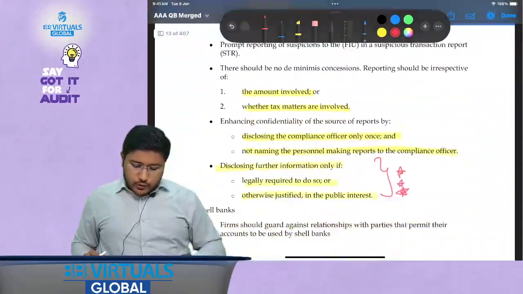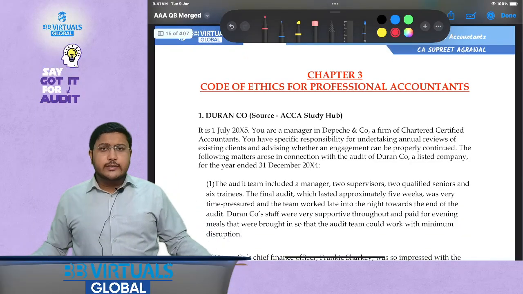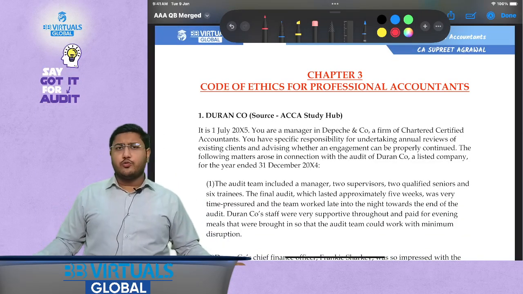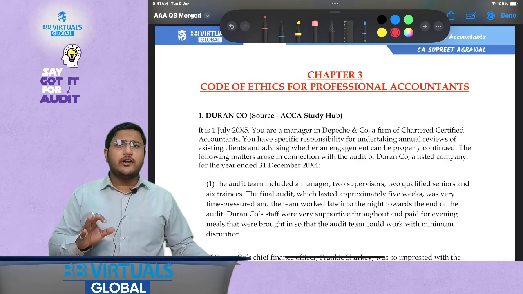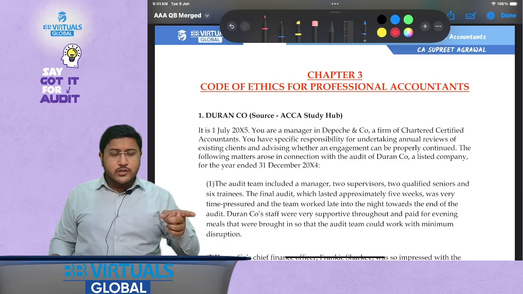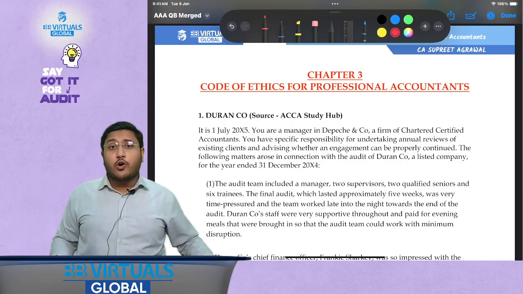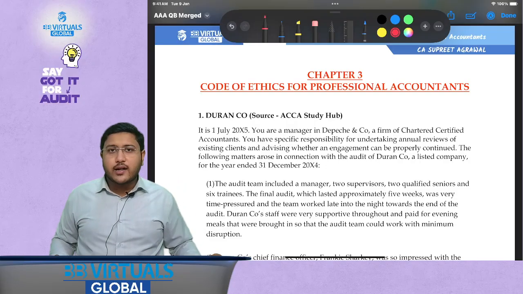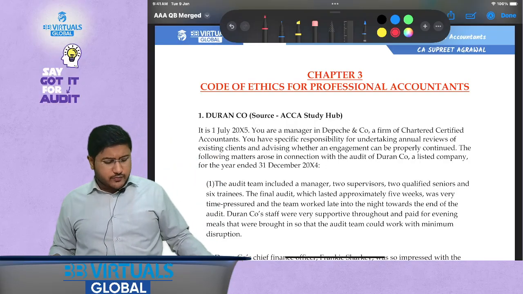The format is going to be similar to what we followed yesterday, which is that we are going to read the question, but we are also going to discuss the tips and tricks that we need to follow while reading the question. That is, do we need to read the case study first, or do we need to go through the requirements first, or what all points should be there in our answers, and how is it referenced to our syllabus? Everything we are going to discuss while solving these questions.